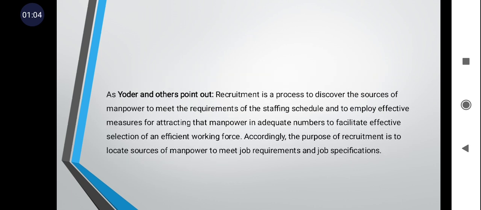As Yoder and others point out, recruitment is a process to discover the sources of manpower to meet the requirements of the staffing schedule and to employ effective measures for attracting that manpower in adequate numbers to facilitate effective selection of an efficient working force. Accordingly, the purpose of recruitment is to locate sources of manpower to meet job requirements and job